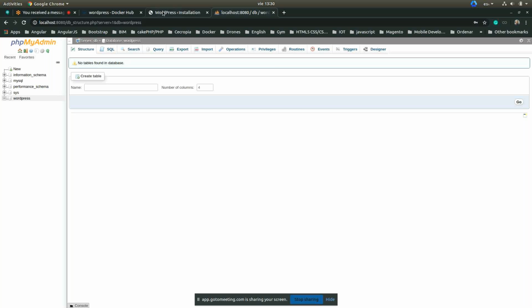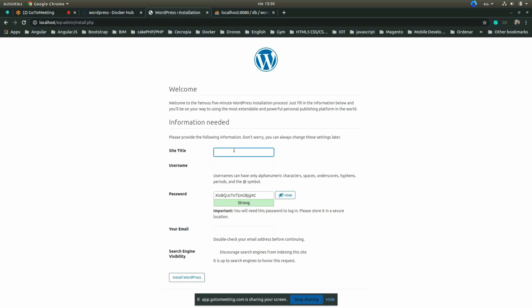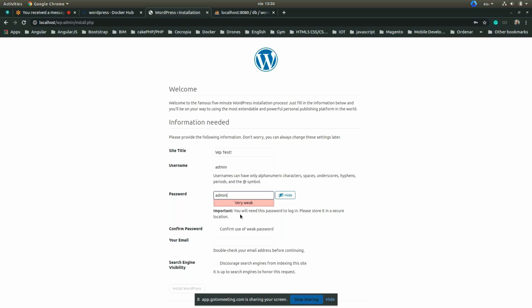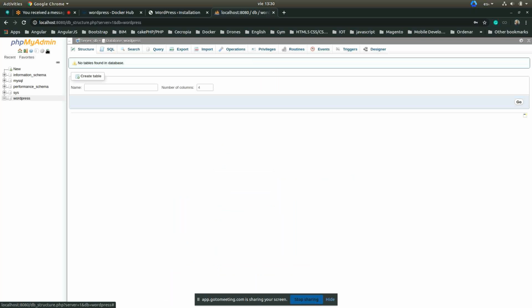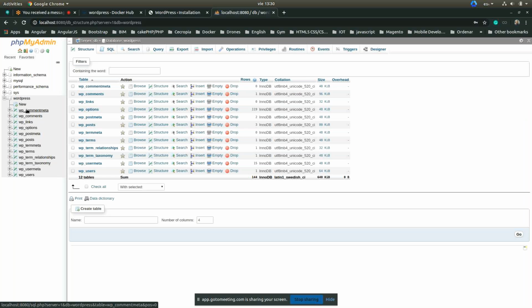So let's fill in this form and start WordPress. And if I refresh here, we now see all the tables for the WordPress database created.